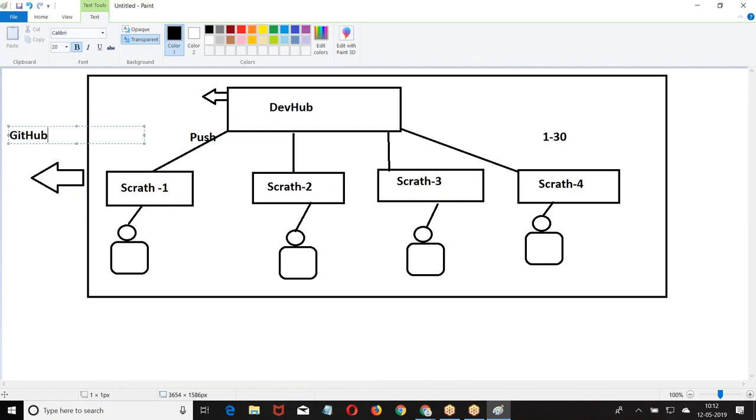Every time you push it, I want to take this code and save it to my repository as one local version. Are you getting my point? Right. Now what can these people do? From this scratch org, I can create a sub scratch org. From this scratch org I can create one more sub scratch org. So the team can work without deviating on different instances of the work. Are you getting my point?